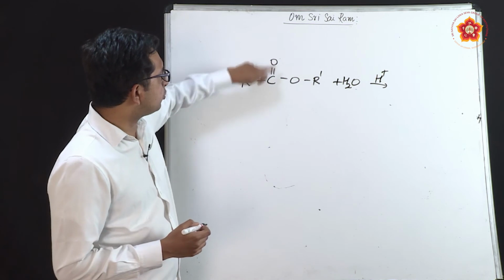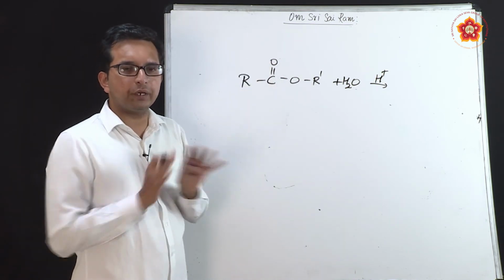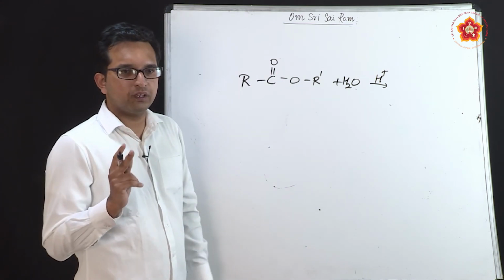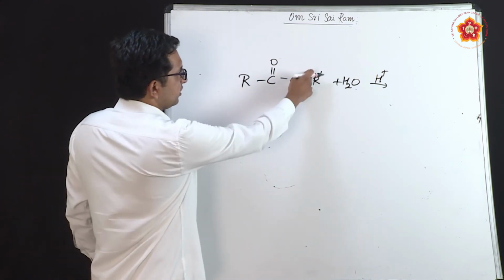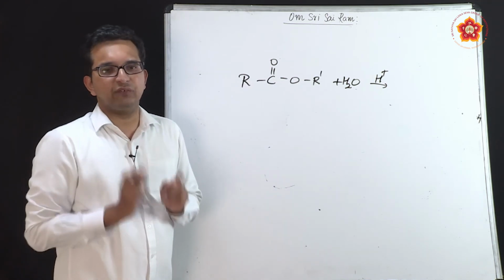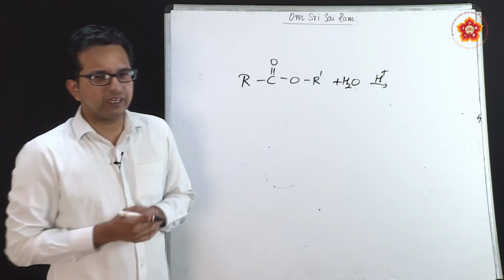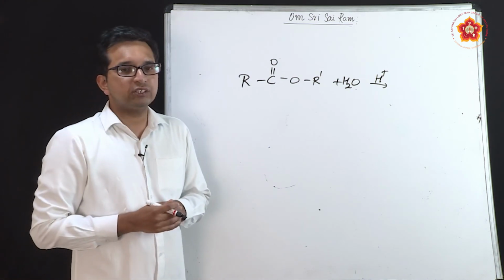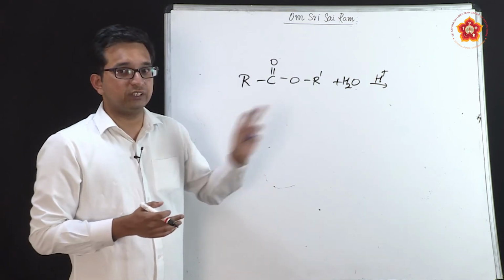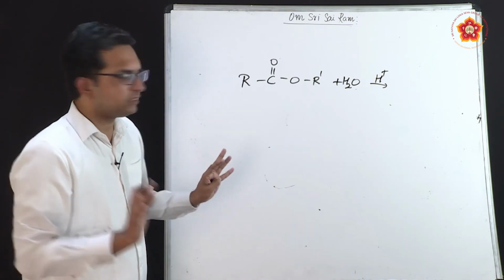All this time the question was, C double bond O is now ruled out because it is a strong bond where you have to break 2 bonds in total. Now the question is, should I break here or should I break here? So this will be reaction specific in nature. Whatever we study in a theoretical aspect, we don't study just out of the world. Whatever happens in practical aspects is what we study here. So what are the possibilities? Let us see first.